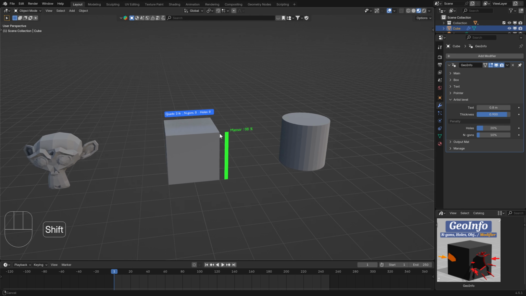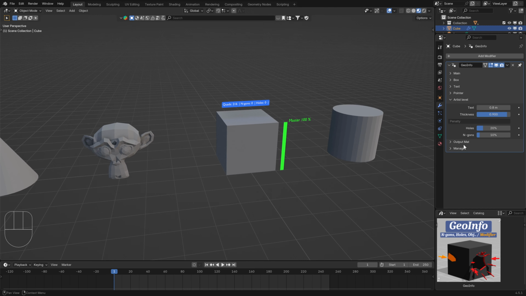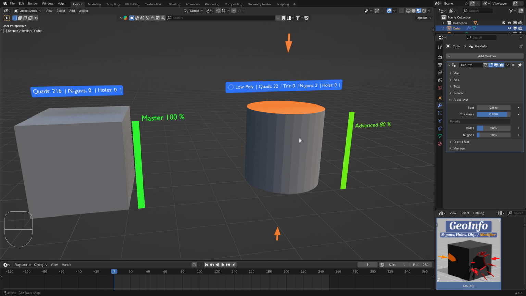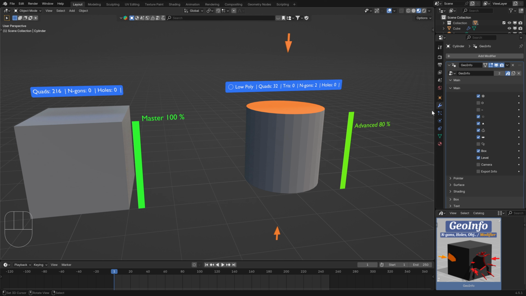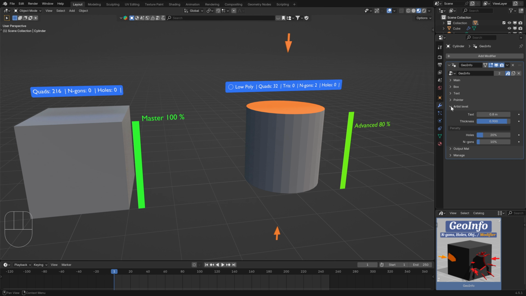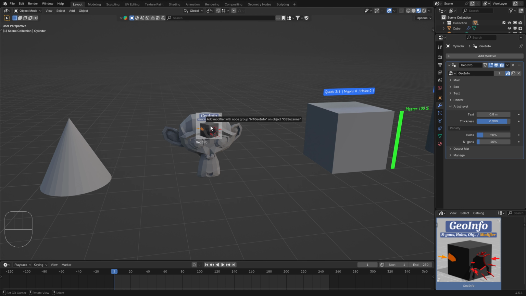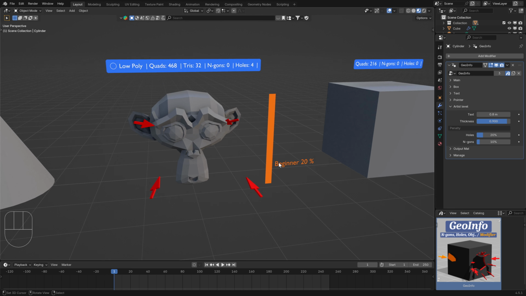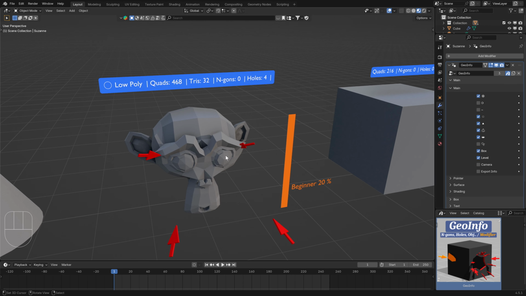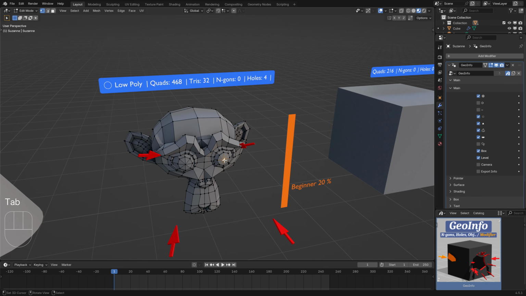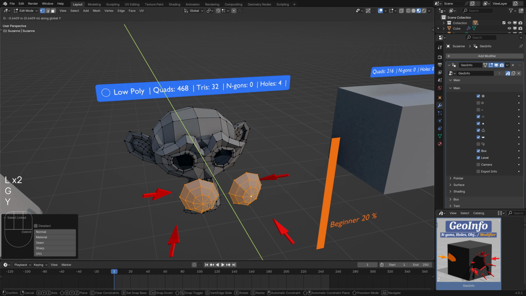And if you want, you can check all the primitive objects. For example, drag and drop on the cylinder. You can see the cylinder has 2 end goals, so the artist loses 20 points. You can check Suzanne. The level is beginner because Suzanne has by default 4 alls in the A here.